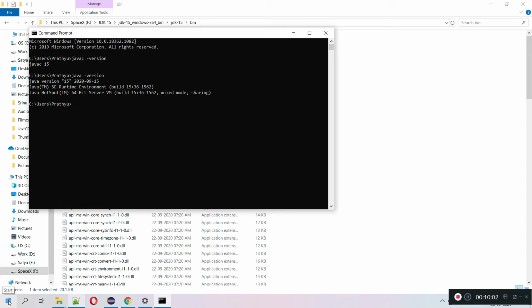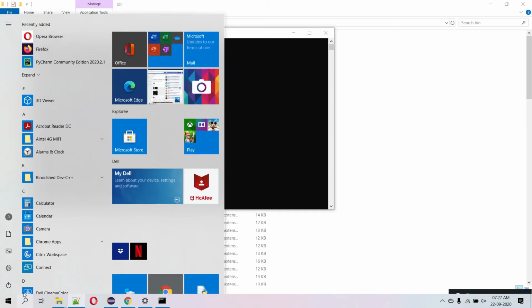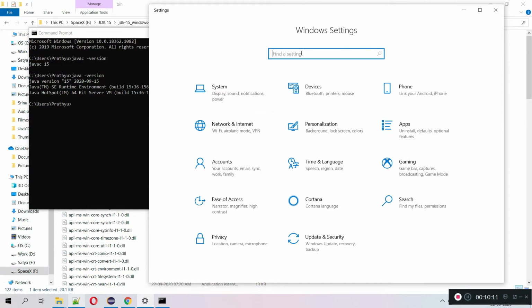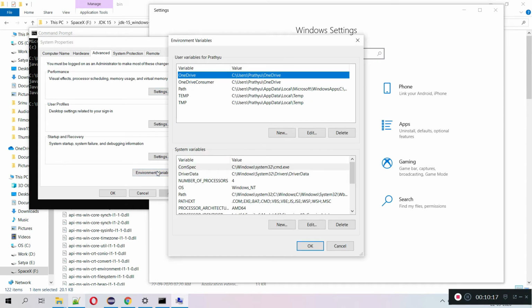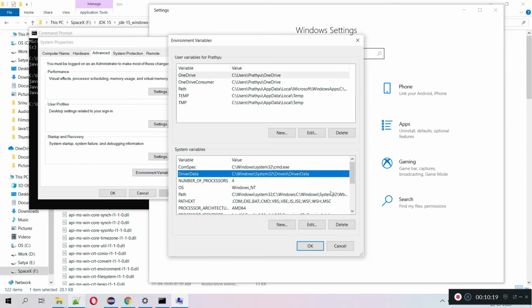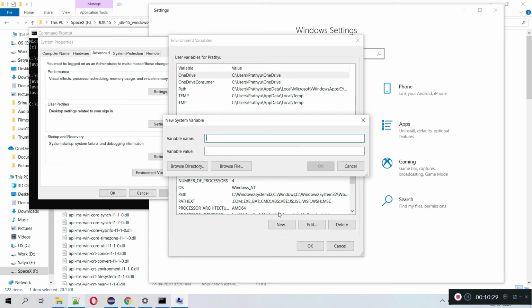Java home as well. Click on start and go to settings, and here the same environment variables, choose system environment variables and click on environment. Here, see, is there any Java home set? There is no Java home set, so you need to create JAVA_HOME. Keep this capital JAVA_HOME as the variable name, and for the variable value we have to give the Java home path.